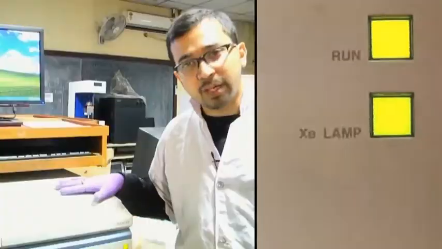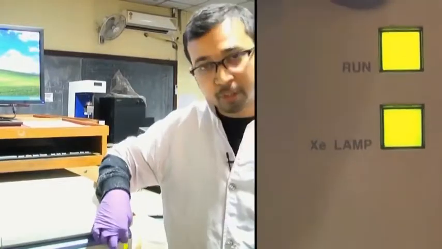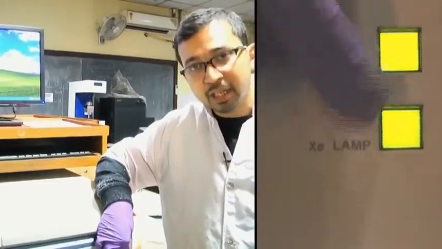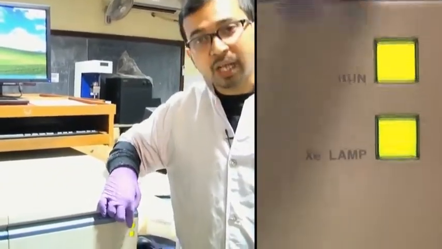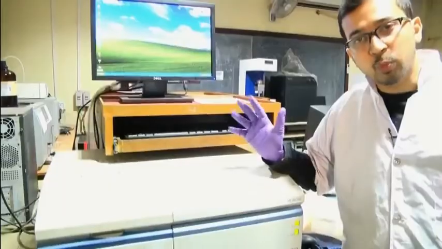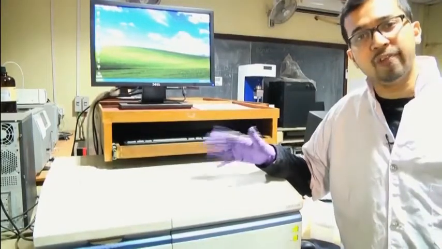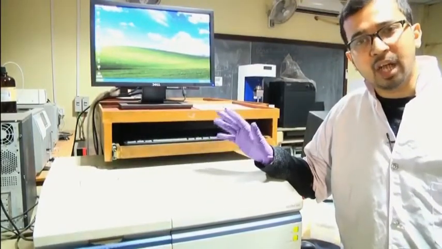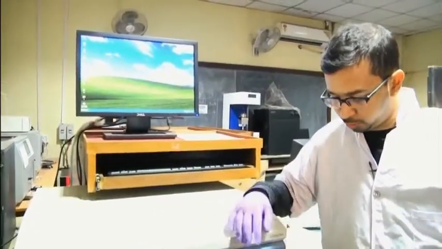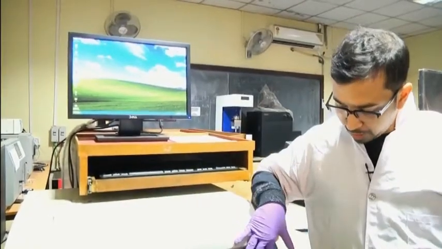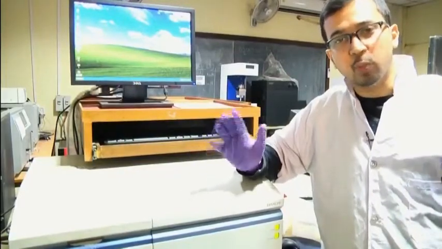So, this fan keeps the instrument cool. Once you turn on this instrument, kindly note that the RUN part and the xenon part both are blinking. If the xenon lamp is blinking, wait for a few minutes until the RUN part is blinking, because this indicates that the fan is working, and now you can proceed with the experiment. If the fan is not working in any fluorimeter, kindly do not proceed until the fan is on, and if it does not turn on, kindly refer to an engineer. Otherwise, until the lamp and the fan are turned on, kindly do not proceed with this experiment.